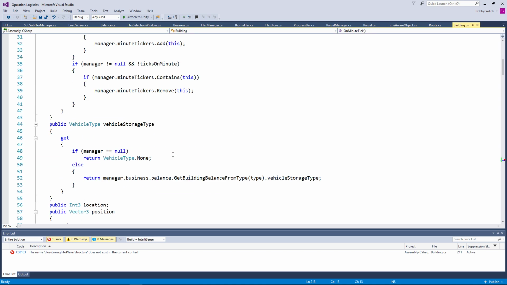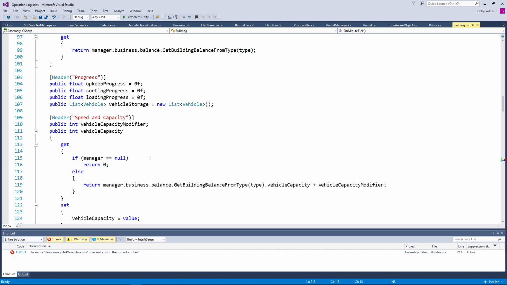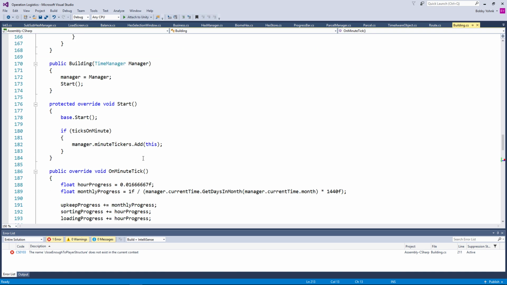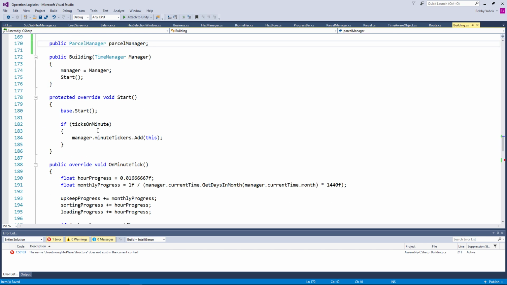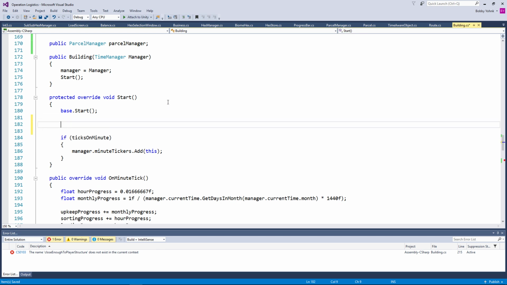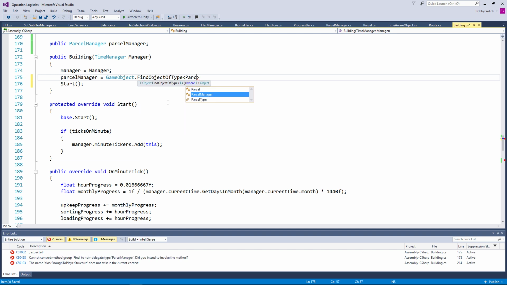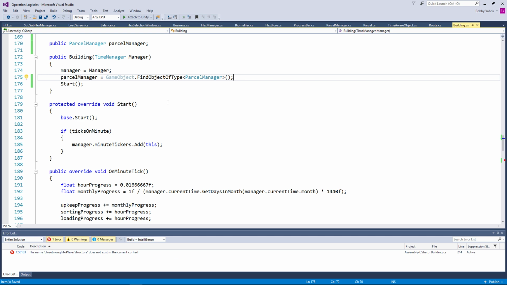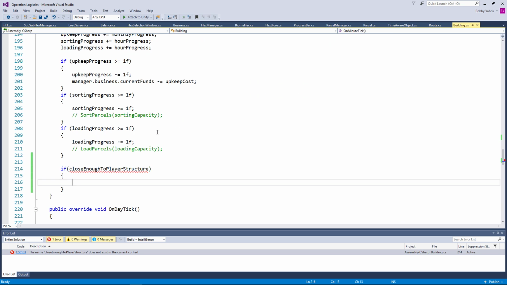Well, we need to have access to the parcel manager. So let's go ahead and do, right up here before the constructor, public parcel manager. Now, this isn't a mono behavior, but we could pass it in here, or we could just say in the constructor, parcel manager equals game object dot find object of type parcel manager, like so. Okay, so obviously close enough to player structure doesn't exist, but then we should go ahead and do the check